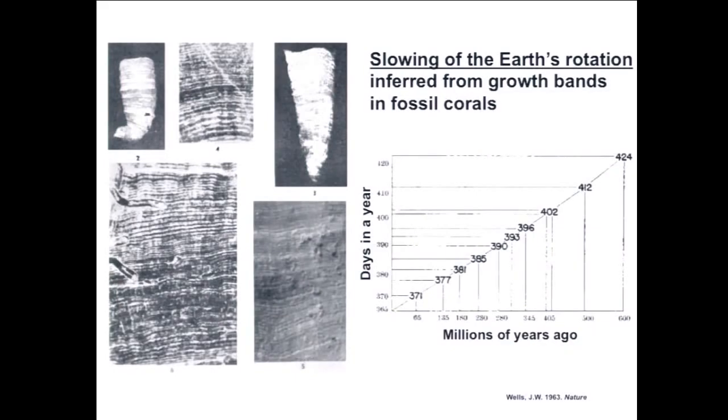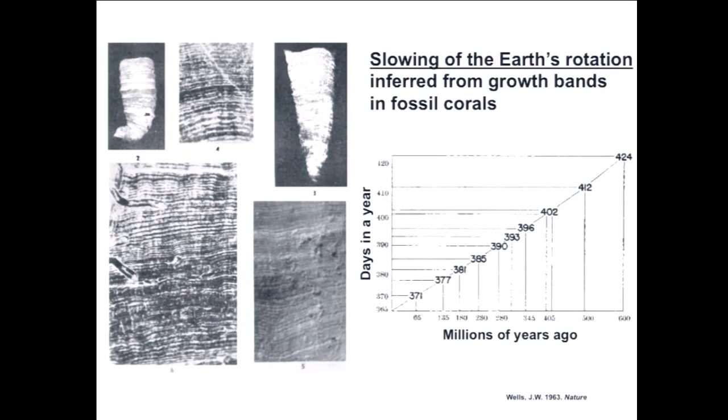And here is an old diagram from 1963, where paleontologists measured, for example, about 400 million years ago, that there are about 402 days in the year. And so in the Cambrian explosion of animals, there were many, many more days in the year than the 365 we have here. So we actually, in the fossil record, have measurements that capture this process that Elliot has been talking about.